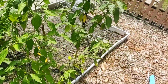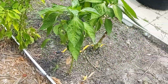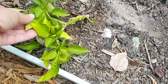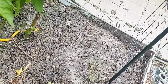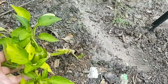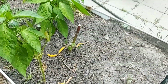Peppers do so much better here in the fall. So I'm really hoping if I can keep all of these going, in the fall we'll get a bunch of peppers. Now this little thing here, I had to transplant that from over in the determinate bed. It was getting too much shade. So I put him here, and now he's done fell over. So I think I'm going to put a stake up here and try to revive him